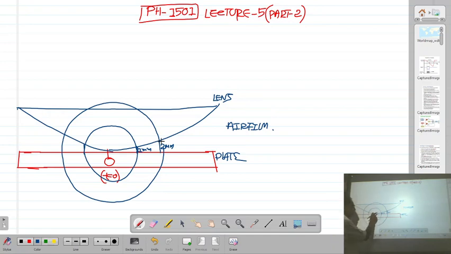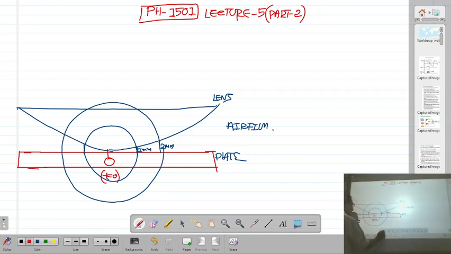Suppose you take 1 centimeter. If you go 1 centimeter on the right side, the thickness of the air film is 1 mm. 1 centimeter left side, thickness of the air film is 1 mm. 1 centimeter upward direction, thickness is 1 mm. 1 centimeter downward direction, thickness is 1 mm. If you connect all points of 1 mm thickness, they will form one circle. Similarly, the points of 2 mm thickness will form another circle. You know the theory very well.